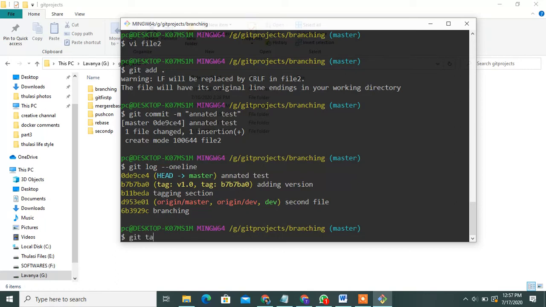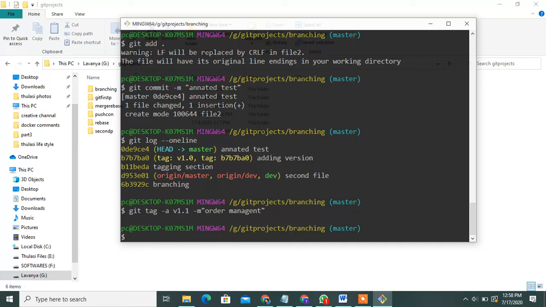See, git tag -a using -a v1.1 -m messages. You can add the message order management. Okay, see added.